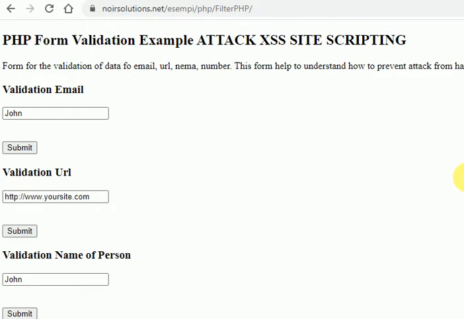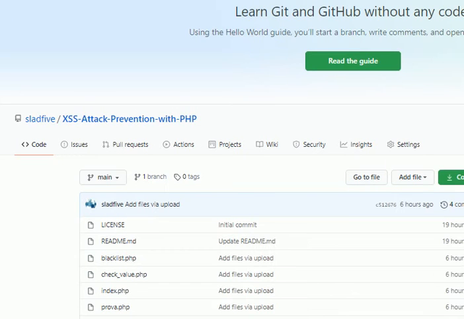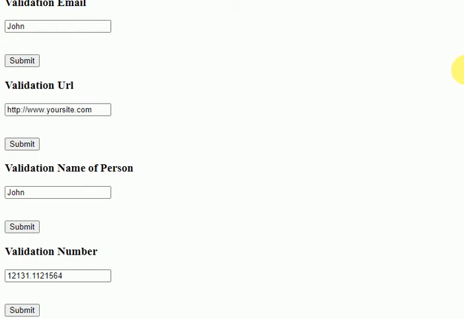For example, I don't do everything because you can find it all on GitHub, for user sladfive, so you can find it directly on the server or the repository on GitHub. So I show only the most important things about this type of scripting to block